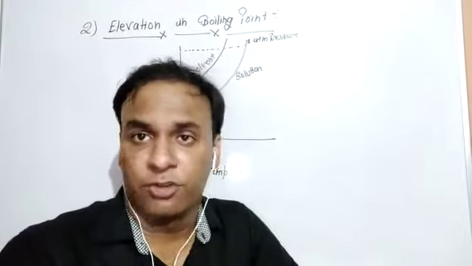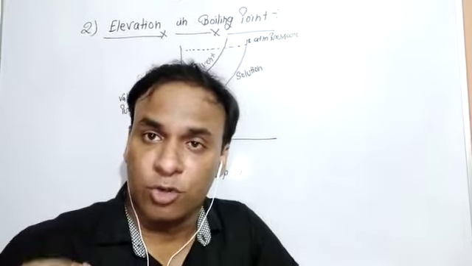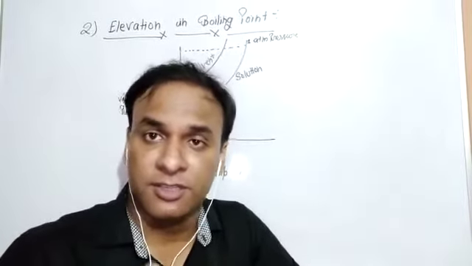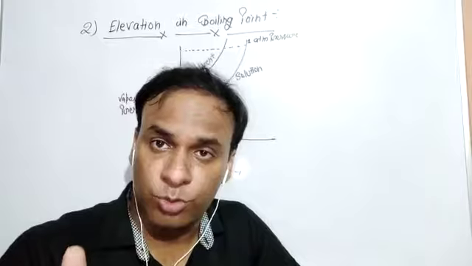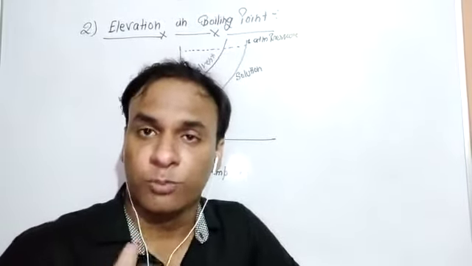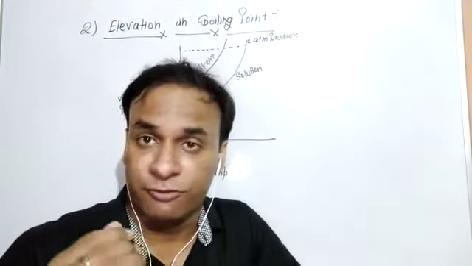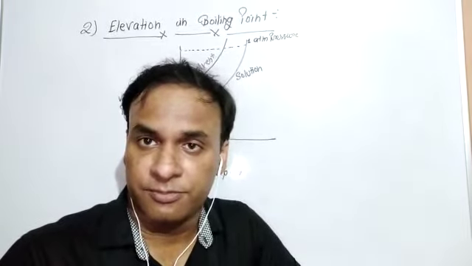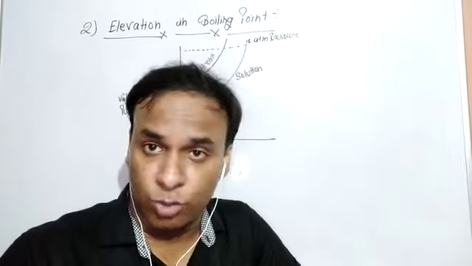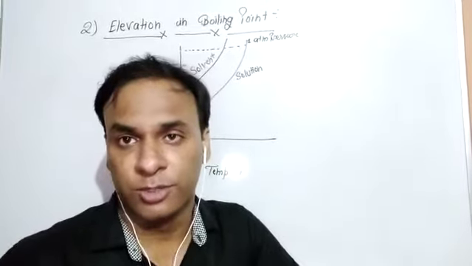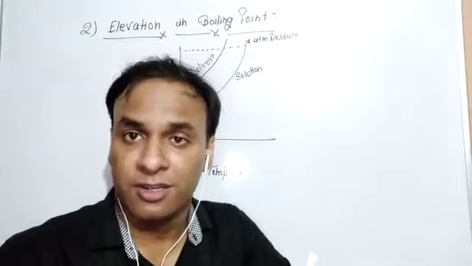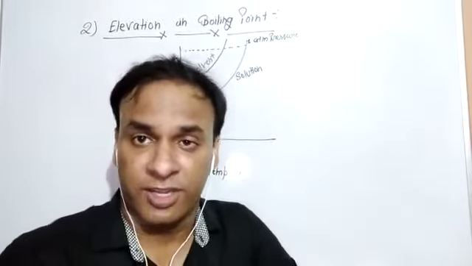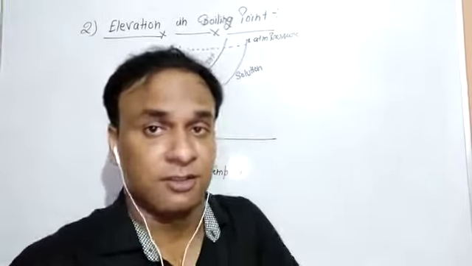When we talk about the elevation of boiling point, whenever a non-volatile solute is added to the pure solvent, the vapor pressure of the solution gets lowered. To make the vapor pressure equal to the 1 atmospheric pressure, the solution has to be heated. The solution containing a non-volatile solute always has a boiling point higher than the boiling point of the pure solvent. We can explain these facts with the graph.